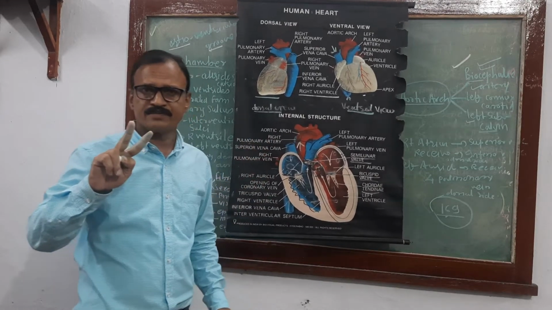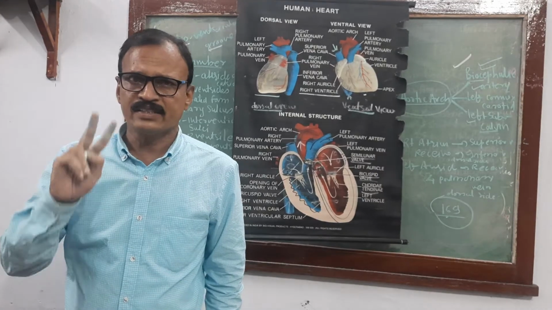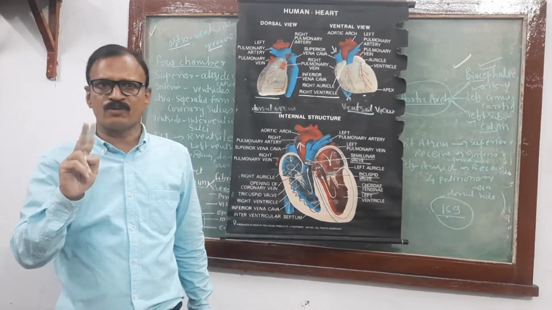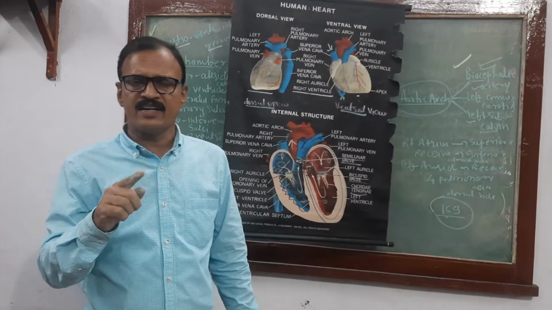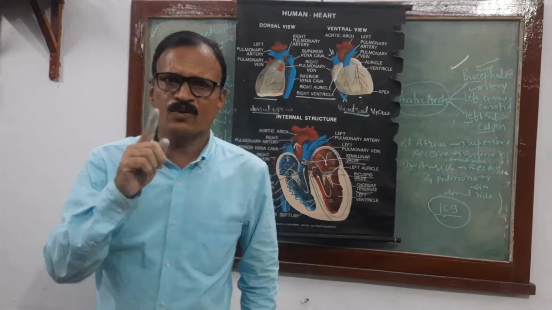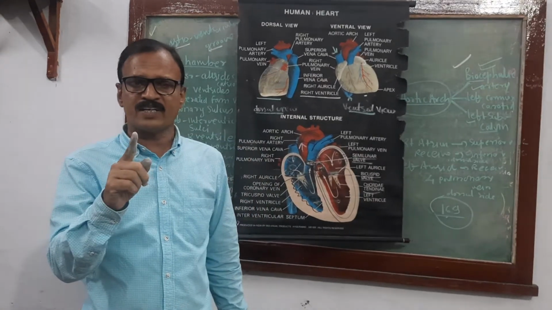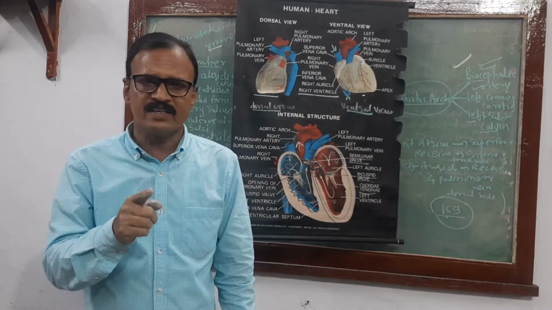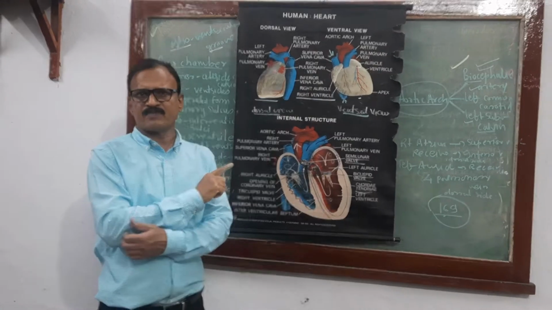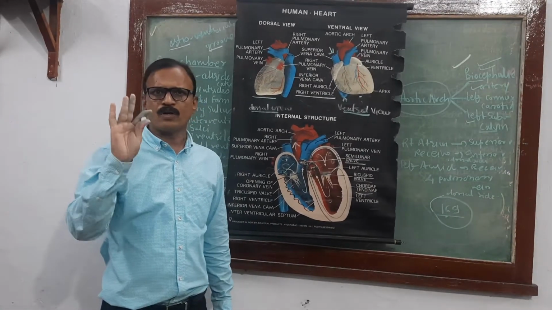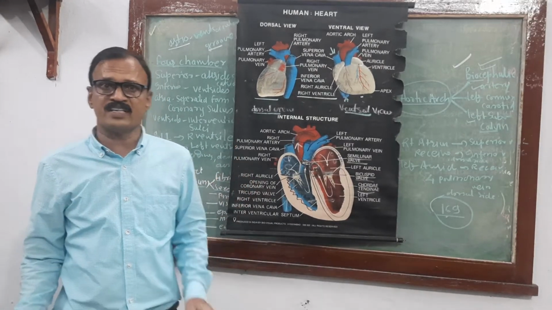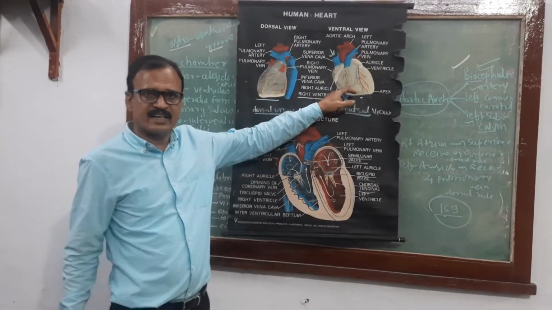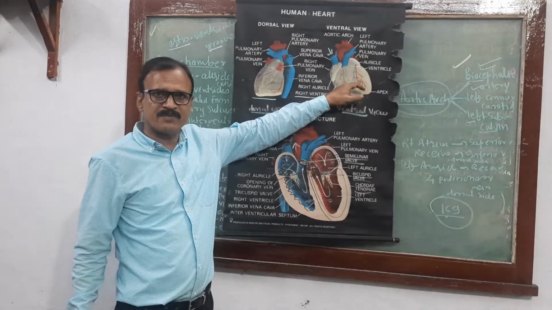What do you have to remember here? Two auricles, receiving chambers; two ventricles, distributing chambers. Which veins do you have to remember? Which veins open in the right auricle? Superior vena cava, inferior vena cava, and coronary sinus. What about the left auricle? That receives what type of blood? That receives the oxygenated blood with the help of the four pulmonary veins. A major artery, the pulmonary trunk, arises from which ventricle? Right ventricle. Aorta from the left ventricle.